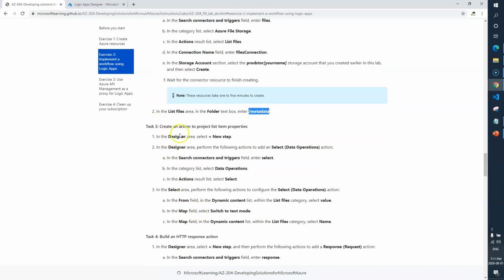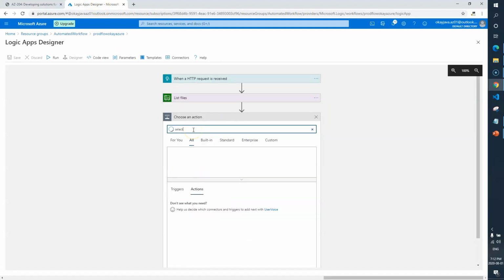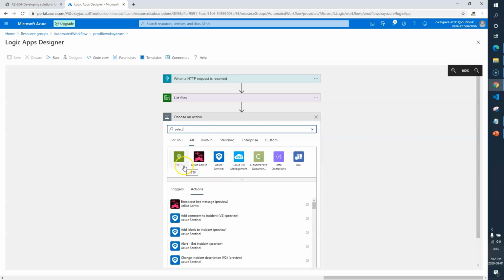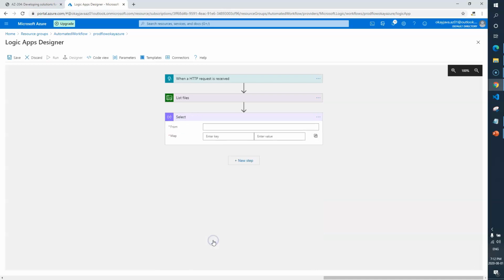Task 3 says create an action to project list item properties. Now in the designer we need to add one more step and select data operations. Search for select, and in the category list select data operations, then select the select action.